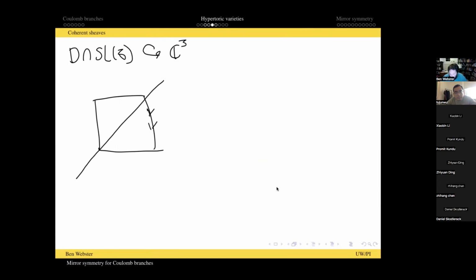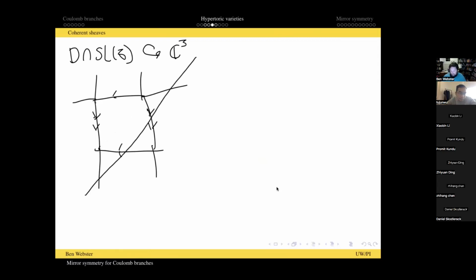I'm gluing the 2 sides of this, so you should periodically extend everything you see here. If I push off the origin, these keep going forever as well. Pushing off the origin just means I move this one over here. And since I'm supposed to be extending things, there's actually a second copy of this hyperplane over here, because everything I'm drawing here is on the torus. And you see my 3 chambers.